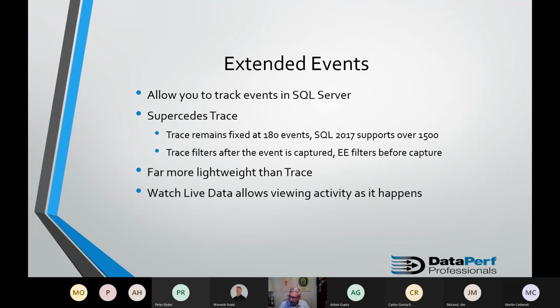It's kind of after things have happened, it takes a look, whereas with extended events, there are hooks built into the SQL operating system. And so when you specify filters in extended events, if it's not something that you want to capture, it doesn't capture it at all. So it's far more lightweight, right? When I said earlier, don't ever run Profiler and watch live performance data, there's no reason not to watch live data. If that's useful to you, there's no reason not to do that with extended events.